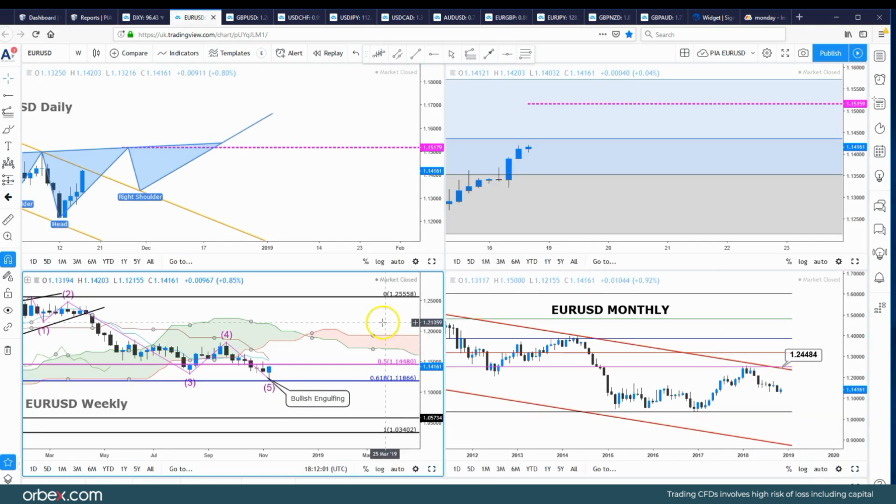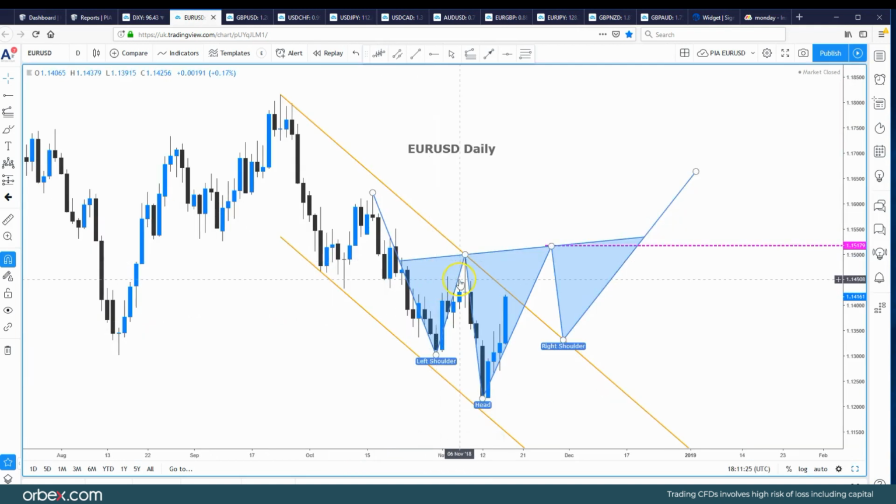If we go to the daily chart, here we can see that we've got a channel resistance, but we haven't really got any bespoke resistance until this level, which is 115.17. We could stall there, and what I've highlighted here is the possibility of a reverse head and shoulders. So basically the left shoulder coming down to form the head, and then an impulse move to the upside, perhaps stalling at our bespoke resistance,